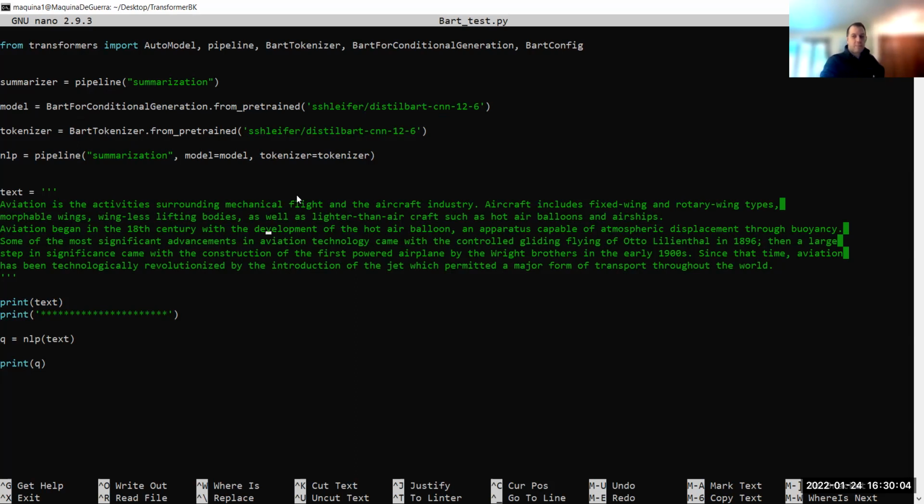Then I just took an example of some text I found on Wikipedia. And then I applied the function nlp, which basically should do summarization. So I printed the original, and then the new one, it was okay. I mean, I didn't think it was that great, but let's go ahead and try it out.